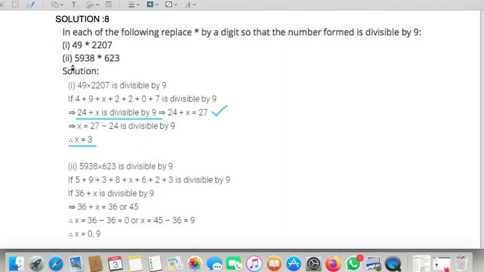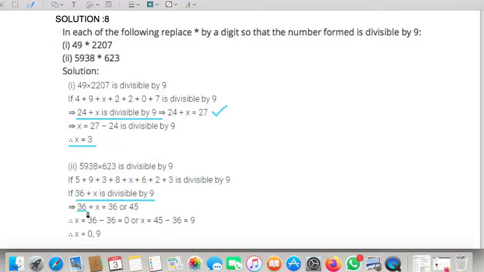Let us see the next part. Exactly same again. Let it be x, the missing value, the star asterisk value. Sum of all the digits we will find out. 3 plus 2, 5, 5 plus 6, 11, 11 and 8, 19, 22, 22 and 5, 27, 27 and 9, 36. So I get 36 plus x is divisible by 9. Now of course I have to check the table of 9, but up till what? Of course, 9 fours are 36, so I can equate it to 36 or more than that, not less.